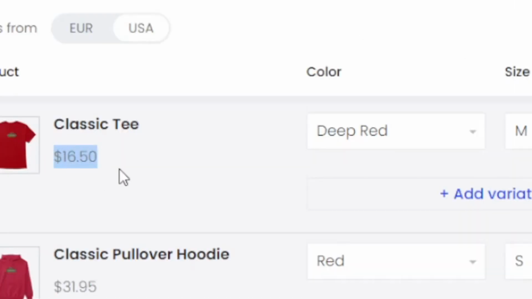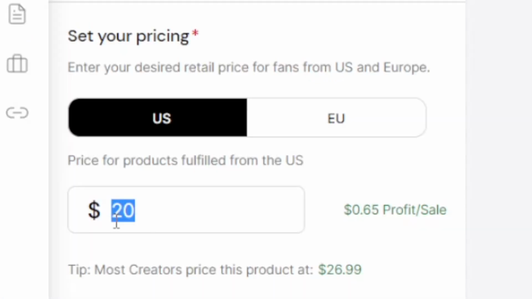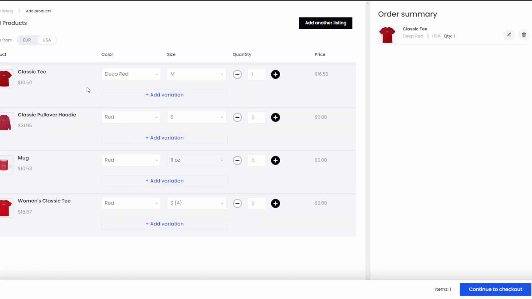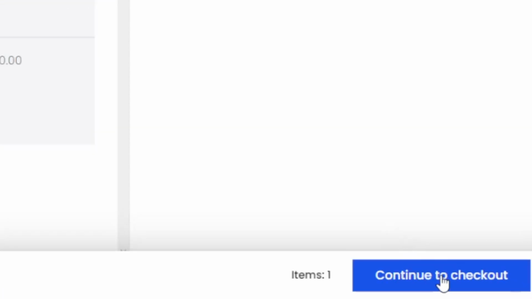The price, as you can see here, is only $16.50. If I go to my store to buy this same model, I will pay probably $25. The other price I set for the people who wants to buy a t-shirt like this one. That's why it's important to get a sample, not to buy your own t-shirt on the store, because you will pay more money for it. Continue checkout.